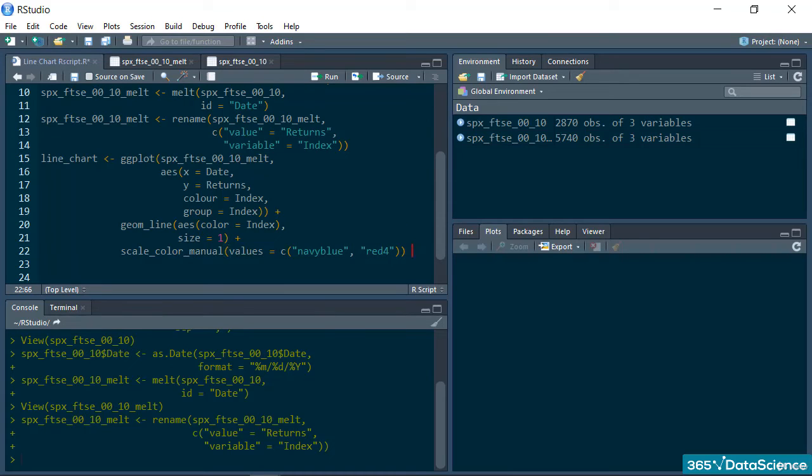Great! The next step is to define the theme, and this time around, we fancy